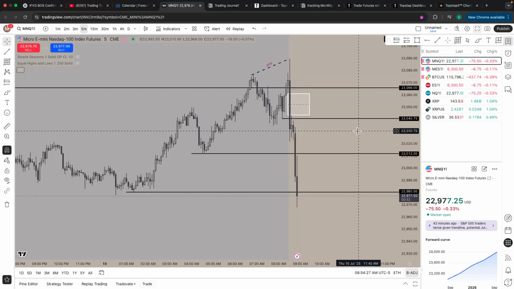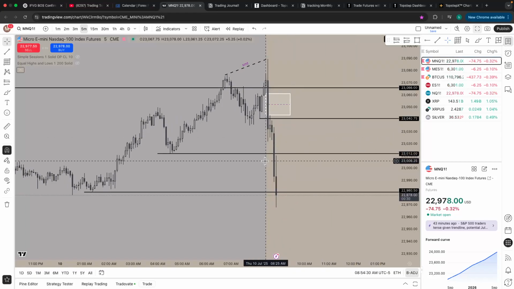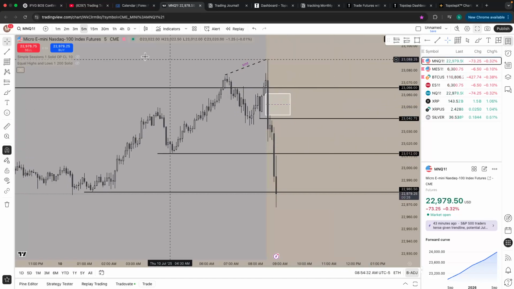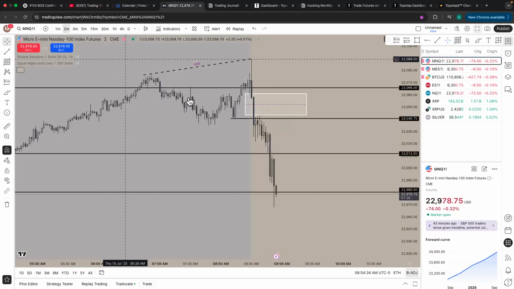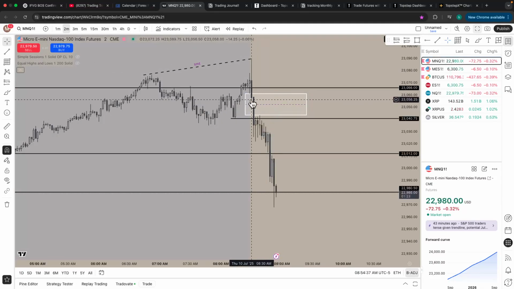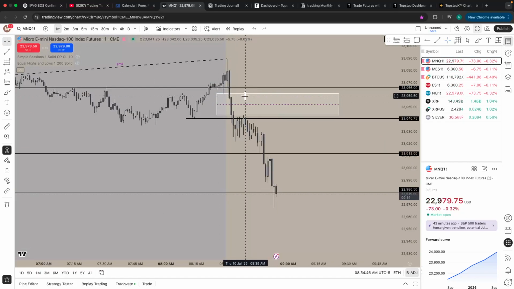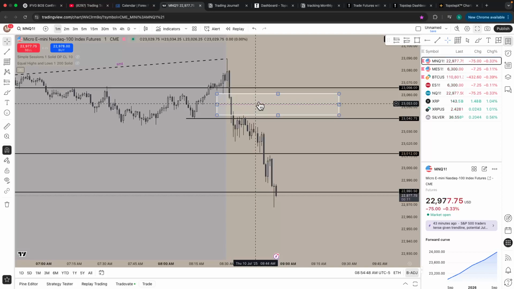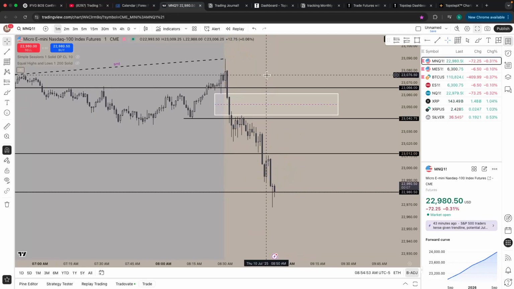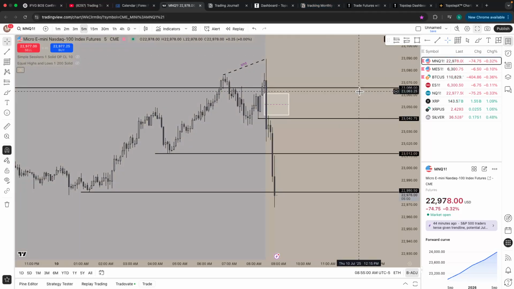I'm assuming if TJR traded, he just got in on some crazy entry. But for me, I saw no 5 minute, no 2 minute. The fair value gap was not filled whatsoever. Maybe it was, but even on the 1 minute, no, bro. It's not ideal. I saw no continuation confluence, no confirmation other than the break of structure. That's really insane to me.